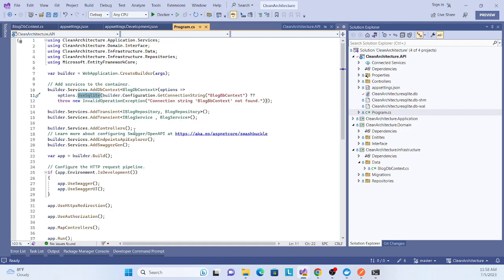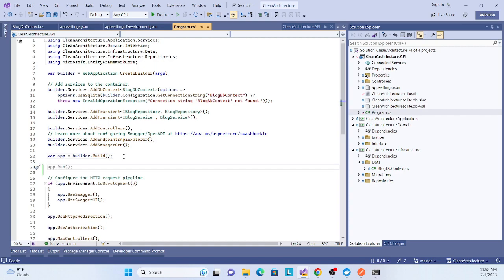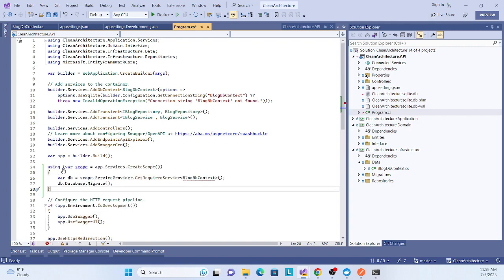Inside the startup of our application, we have to write the migration code. So how can we do that? Let me get this code. This is very small and straightforward code. See, we use a using statement and create a scope.